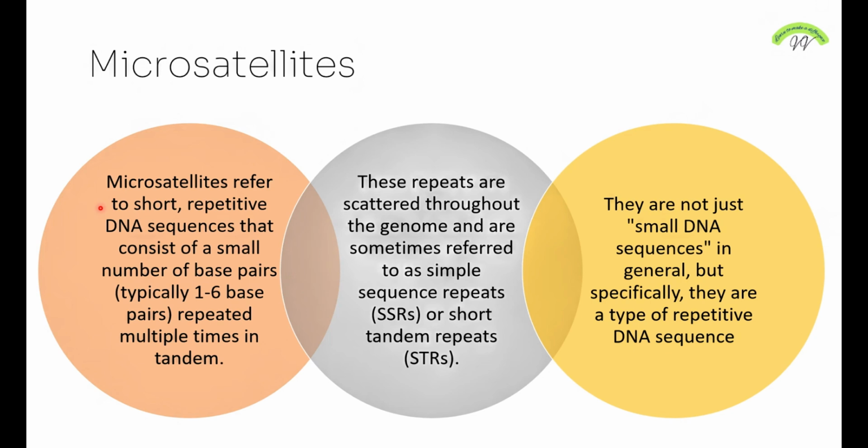So we need to be very clear about what microsatellites are. They are nothing but short repetitive DNA sequences, usually 1 to 6 base pairs that are repeated. These repeats are scattered throughout the genome, and they are also known as simple sequence repeats or short tandem repeats. They are either called microsatellites, or simple sequence repeats, or short tandem repeats. And we also have to be very clear that they are not just some small DNA sequences. They should be repetitive and highly specific DNA